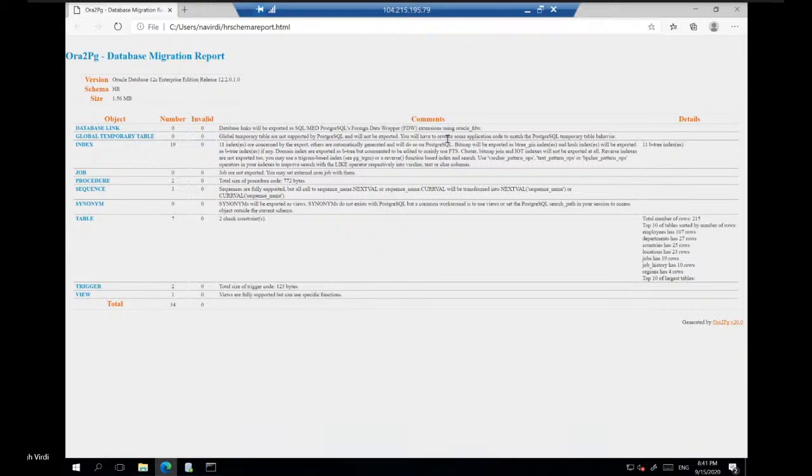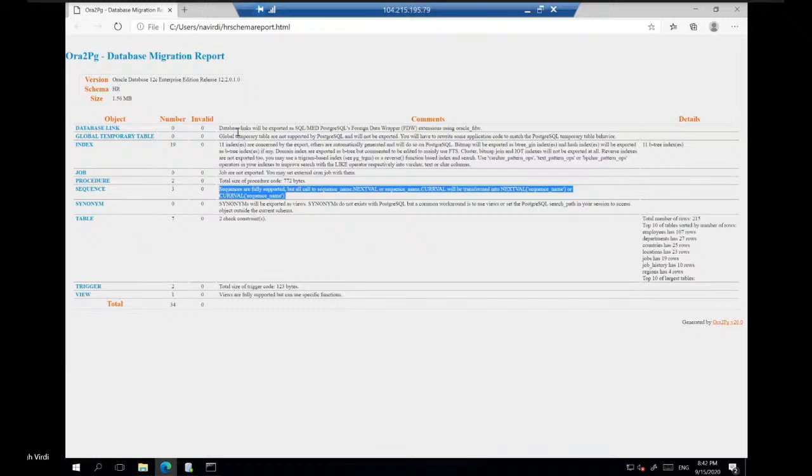And it identified 19 indexes. 11 of them have some concern in terms of the export because they are B-tree indexes with some special consideration which we will have to give. It also looks at how many jobs you have, how many procedures, how many sequences, and then gives you the relevant structure in Postgres, and then the other objects.